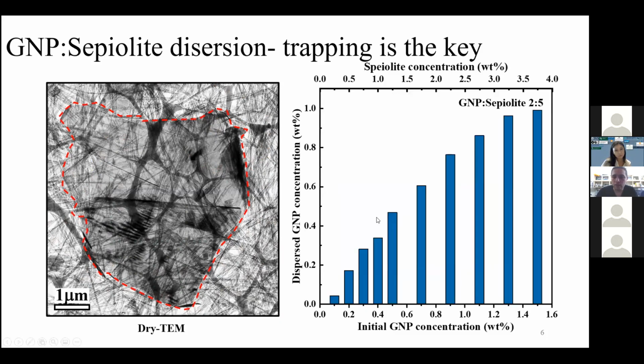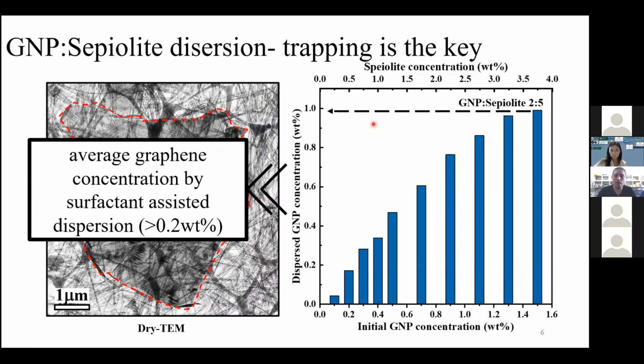Now, due to the lack of time, I won't talk about all the optimization process, but we found that the optimal GNP to Sepiolite ratio is 2 to 5. And you can see here the initial GNP concentration and the Sepiolite concentration. We can see that as we increase the initial GNP concentration, the dispersed GNP concentration increases as well, up to 1 weight% in dispersion, which is an order of magnitude higher than what is usually obtained by